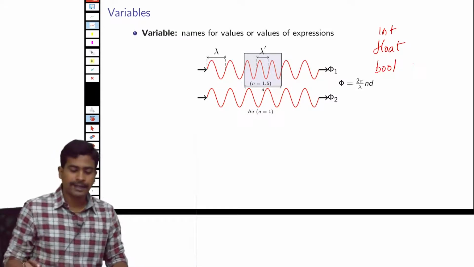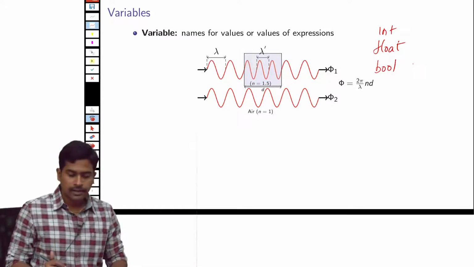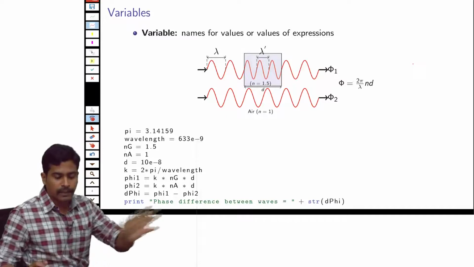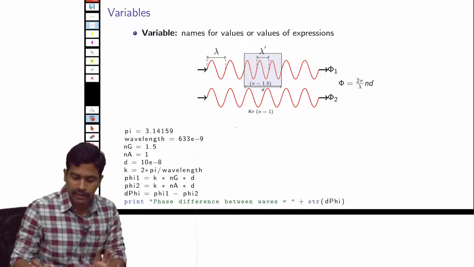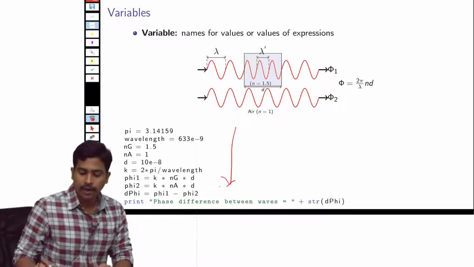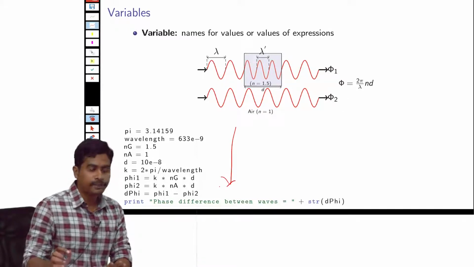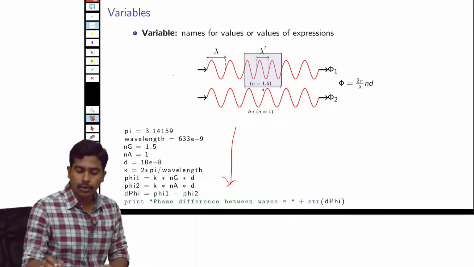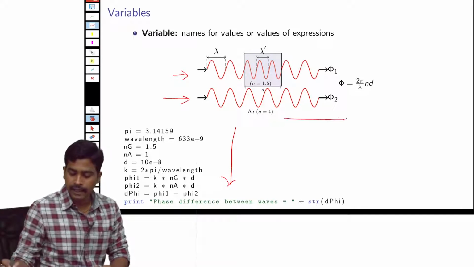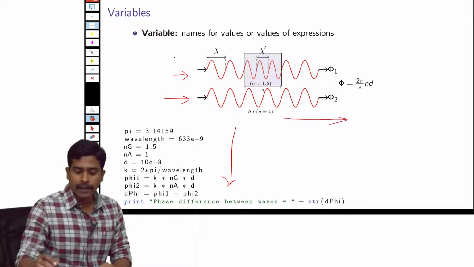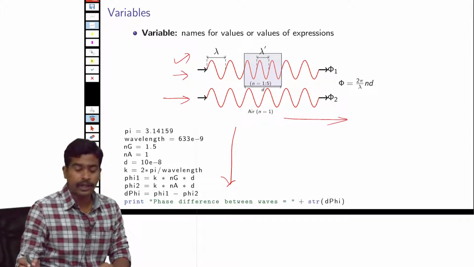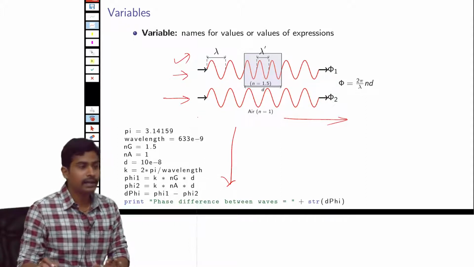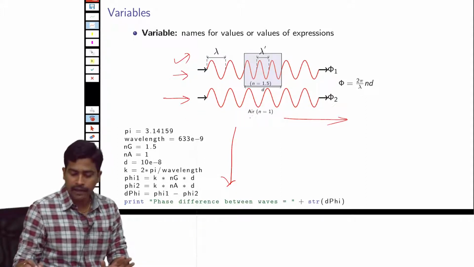To demonstrate how we use variables in Python, I want to introduce a simple program. Don't worry about what I have done in this program, I will explain. What we are trying to model in this example is what happens when light travels in a medium. These are 2 light waves traveling in this direction, and the upper light is traveling in a medium with a refractive index of 1.5. So we can say this is a glass material. On the other hand, the lower light is traveling in an air medium, and the refractive index is 1.